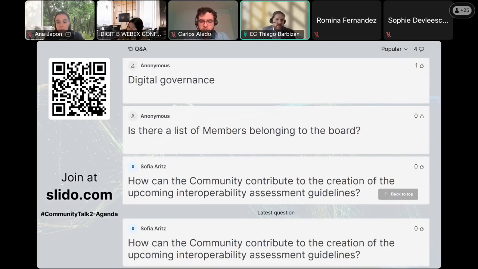Okay, I mean there is currently guidelines for running interoperability assessment, which is available on the Interoperable Europe portal. Of course, this is also not a static document, and the permanent working group is constantly discussing it. And most probably, as we evolve on the priorities that I just mentioned, these guidelines will need to be revisited.